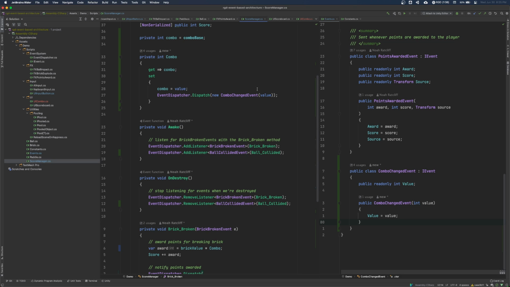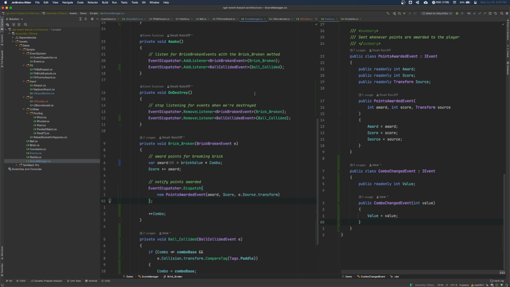There's no coupling here. There's not a weird situation where, if you add one more ball, it doesn't get added to some other system, and then it's not being paid attention to by the score manager or whatever. The events help decouple all of that stuff. And so it's really quick to plug and play, right? You can pull out systems, put in new systems. Especially with some intelligent design, you can really get pretty fancy with how reusable and modular stuff is.